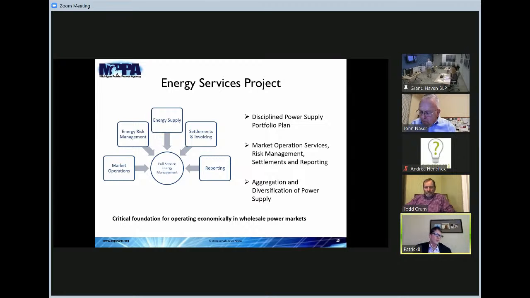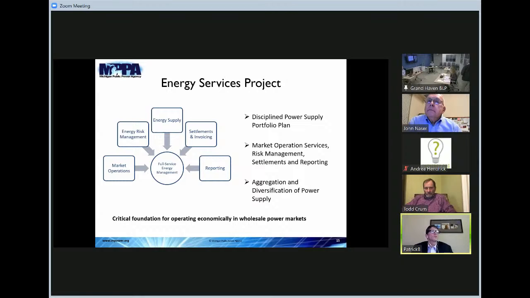And some of our members, like Holland, who have a lot of local generation, they're in the energy services project as well. They may take a lot less energy supply, which is one of those buckets you see on the pictorial there, but they take a lot of the energy risk management, market operations, reporting, and settlement activities. And so every member takes a different